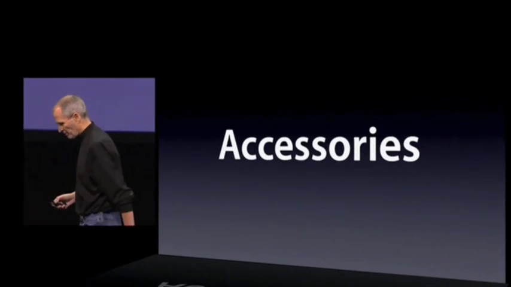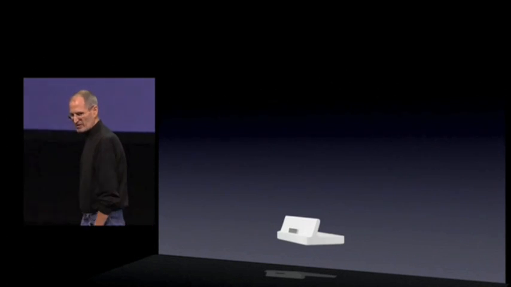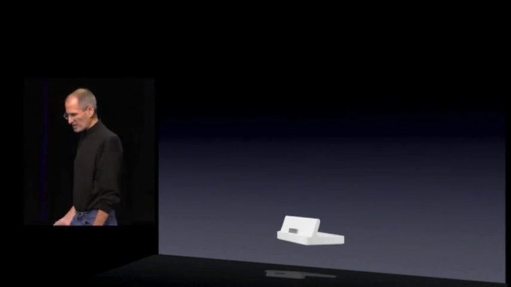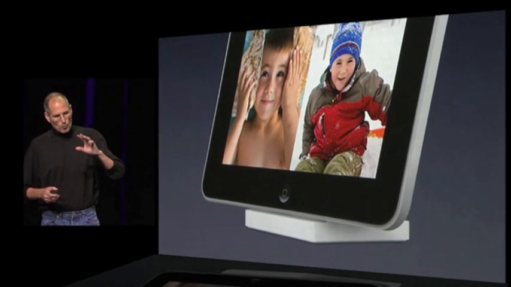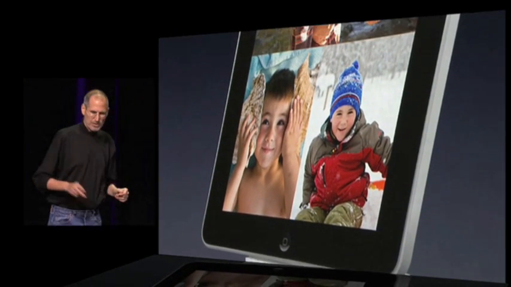We've got some really great accessories as well. Let me show you 3 of them. First one's very simple. We have a dock. Well, why is that so interesting? Because, you know the slideshow I showed you? Well, when you're in the lock screen, there's a little button that you just push